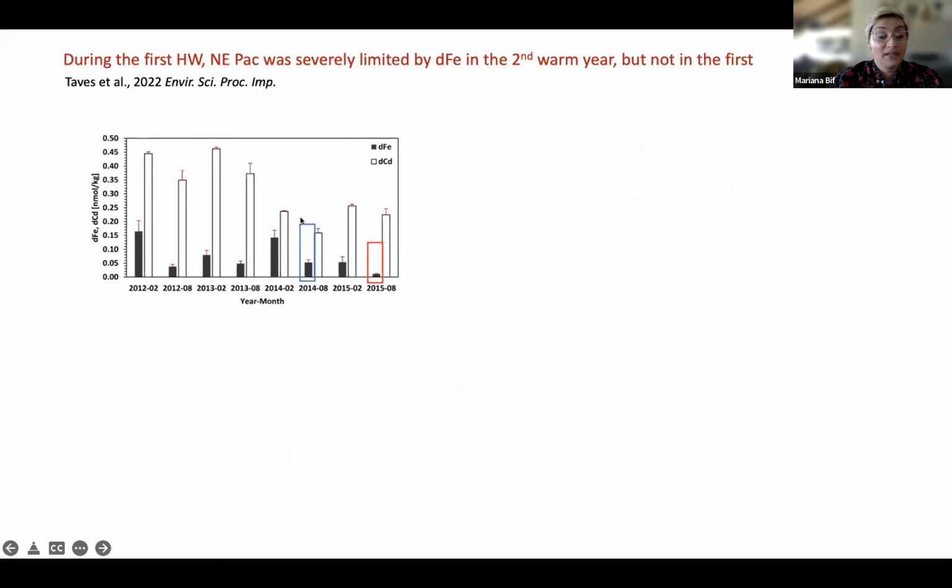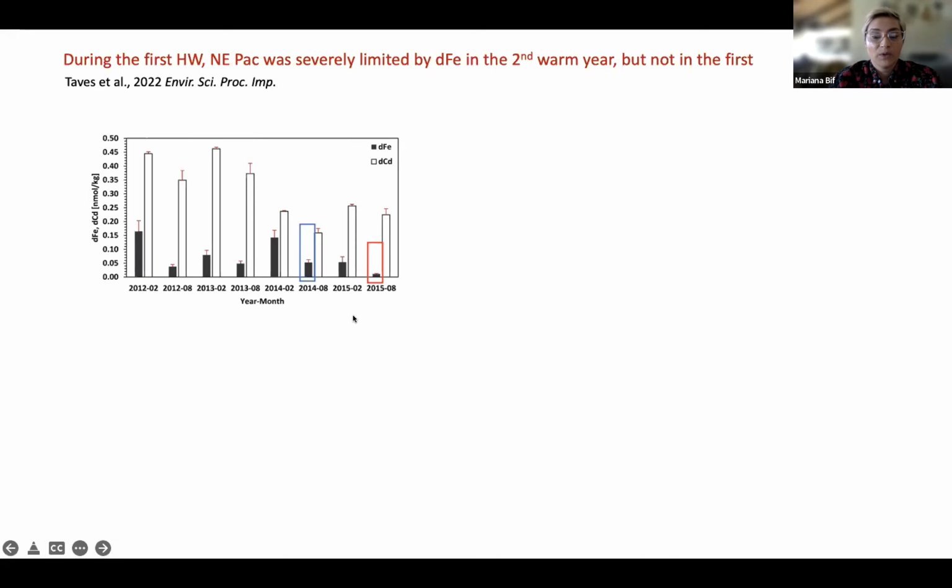And that's why in that winter and that summer, phytoplankton was not limited by iron, and they were producing organic carbon. But in the second year, the surface was really limited by iron. There was a lack of lateral transport of iron, and that's why there was this crash in the organic carbon